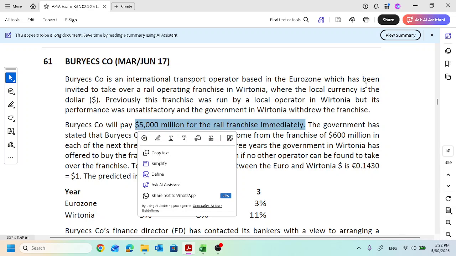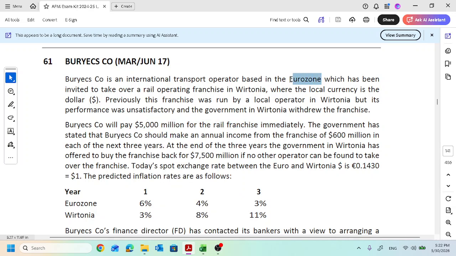See, Buryecs is in Eurozone. So their currency is euro. But now they have to invest in dollars. $5 billion they have to invest. Right. The government has stated B company should make an annual income from the franchise of 600 million in each